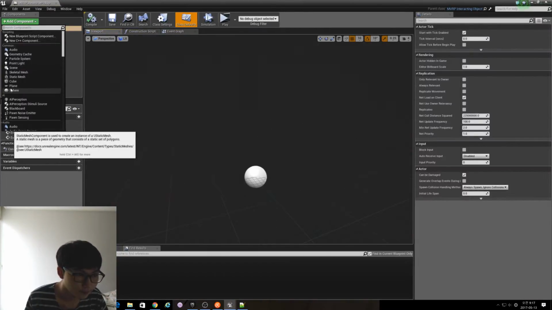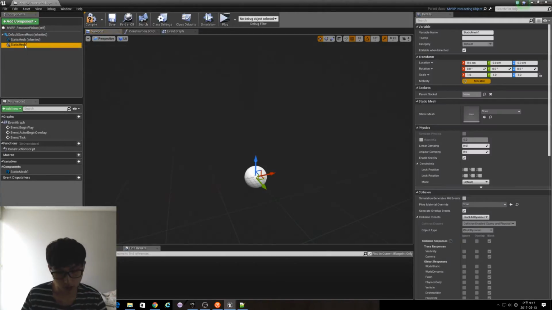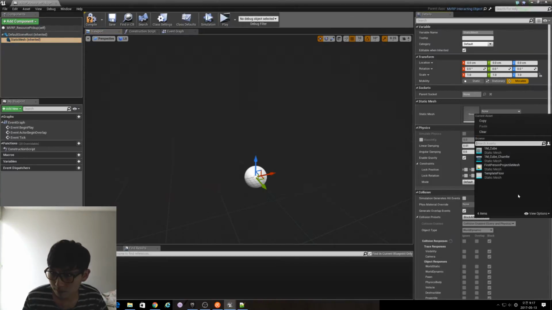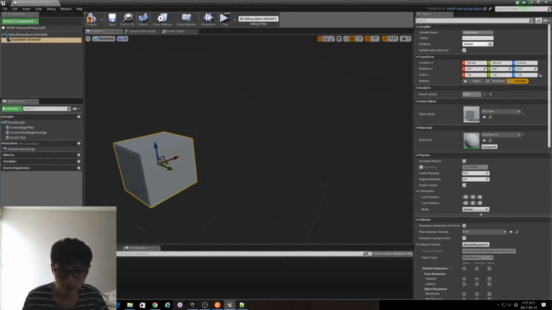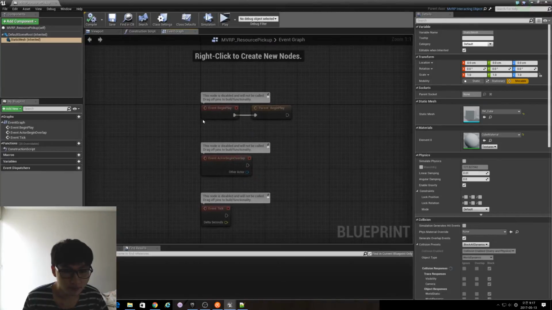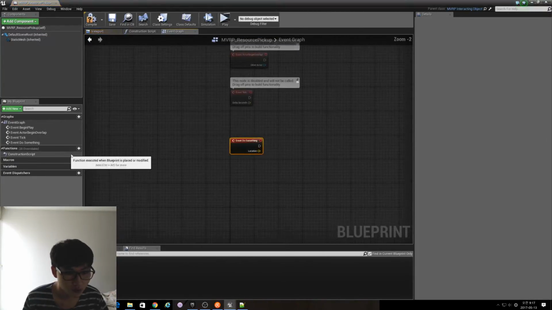And let's give it a starting mesh. Oh, we already have a starting mesh. Okay. There's nothing else we can use except the cube. Let's just use the cube. So when we do something,